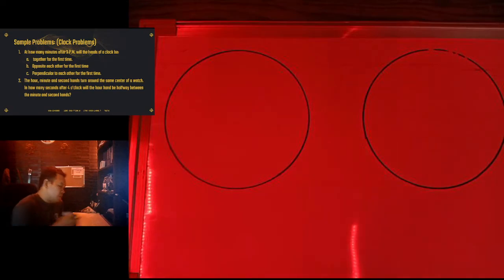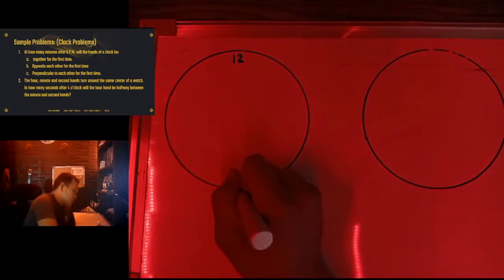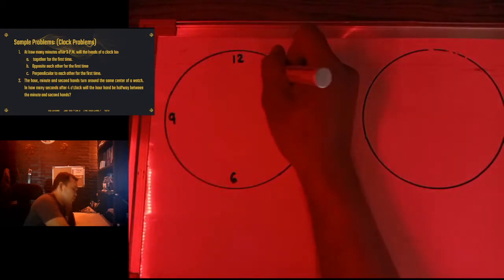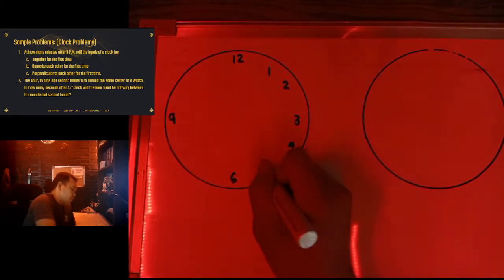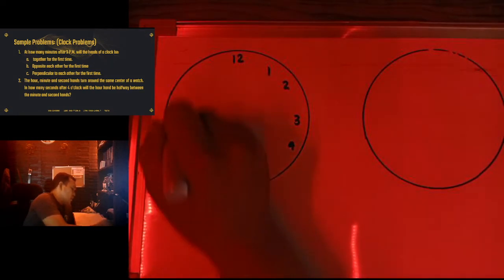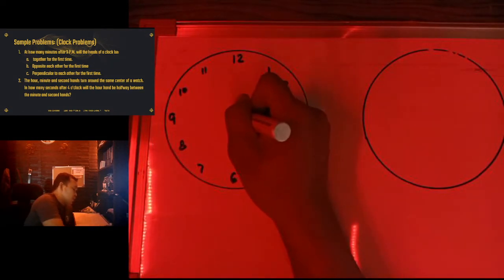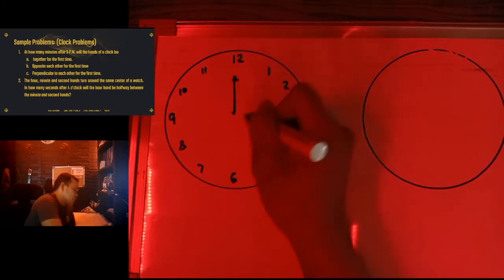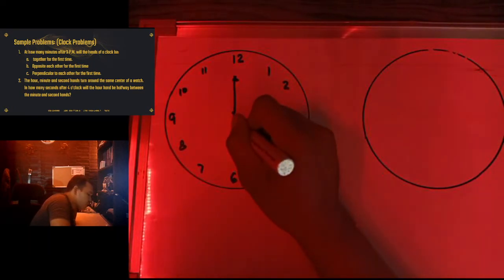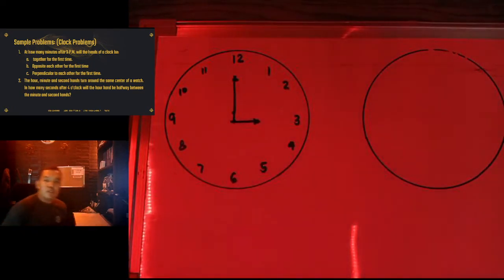So we have here a sample clock: 12, 6, 3, 9, 1, 2, 4, 5, 7, 8, 10, 11. So the hour hand is like this. Okay, so you can see, that's 3 o'clock. Then the question is how many minutes before the minute hand and the hour hand will be together for the first time. Okay, so